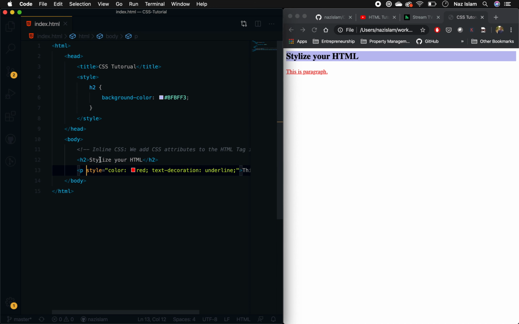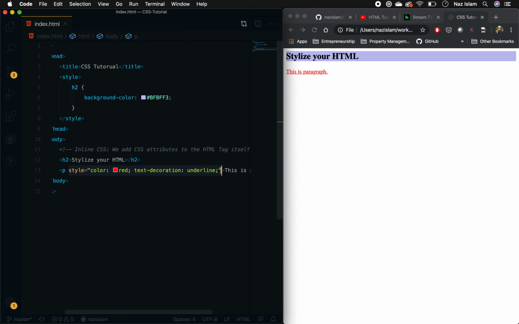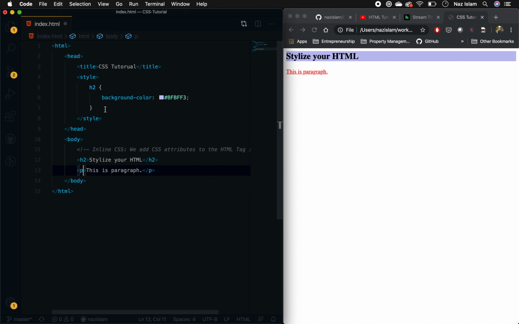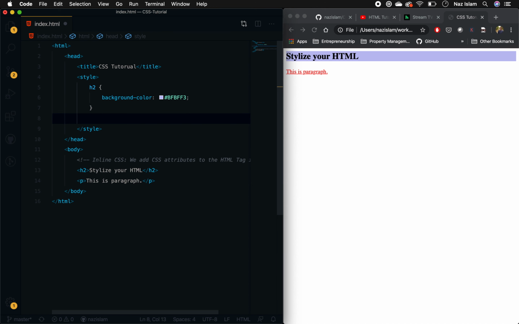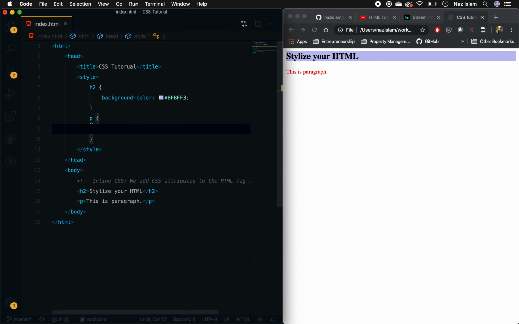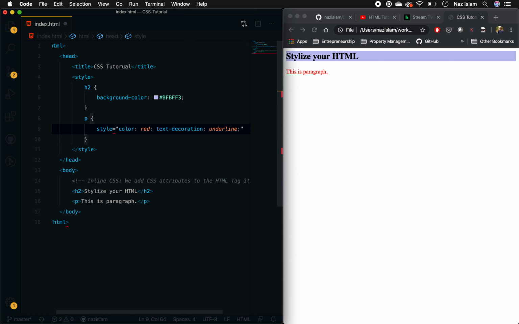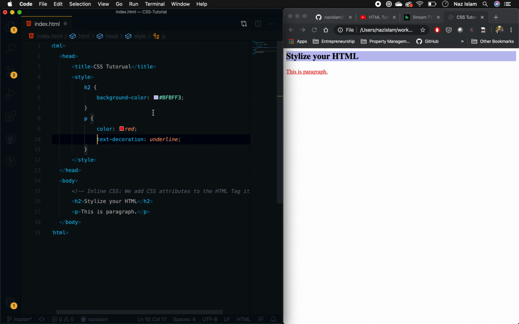So what we will be doing is removing this style, and we will add a new style definition for our p tag, and inside of this we will be adding this. The difference would be that since we don't have this style attribute here, we'll remove this and we'll remove that. So we have our color red, and we'll add a new line here, and you can see that every line inside of this style tag or whatever,